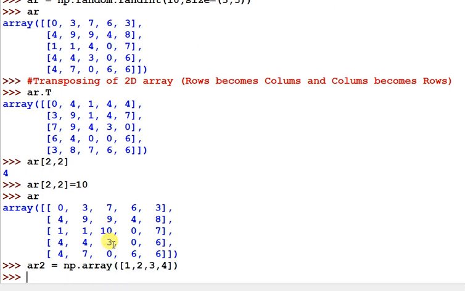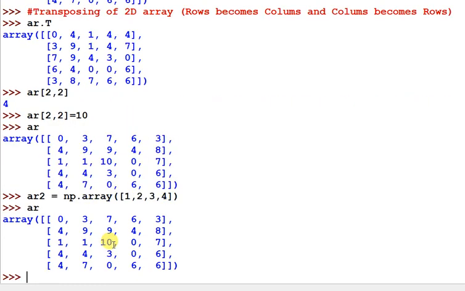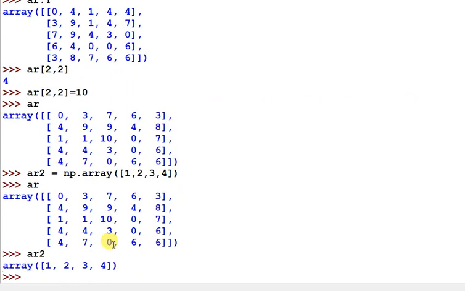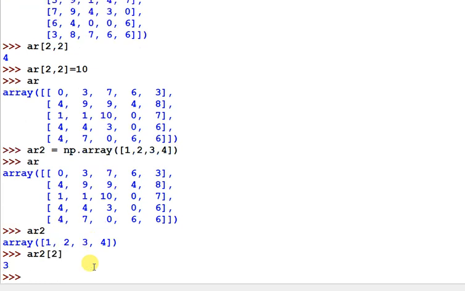If you want to access the third element, 3, the indexes are 0, 1, 2. Because it has only one dimension, you can pass the index number of that value. So you pass array 2 and the index 2, and this statement will return 3.